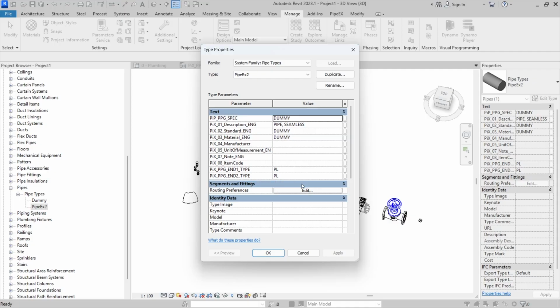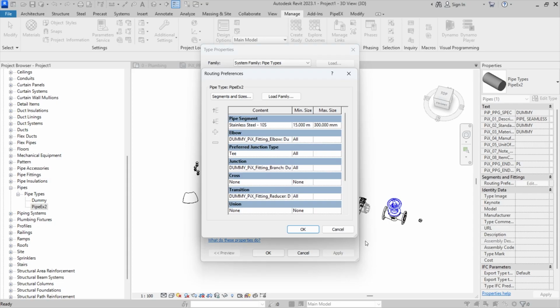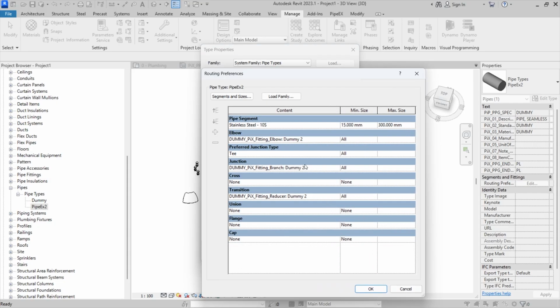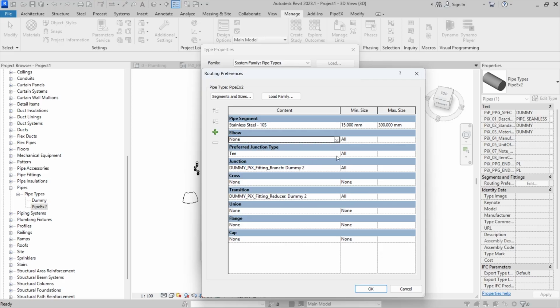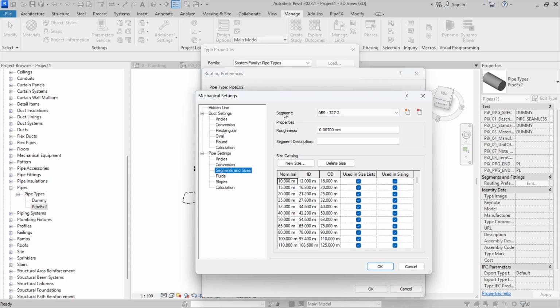a proper way. So now let's open the routing preferences and let's define here our families that we are going to use. To make it easier, I will remove all the families that we already pre-selected as they were copied from the previous project. Now we go to segment and sizes and we're going to modify or create the new